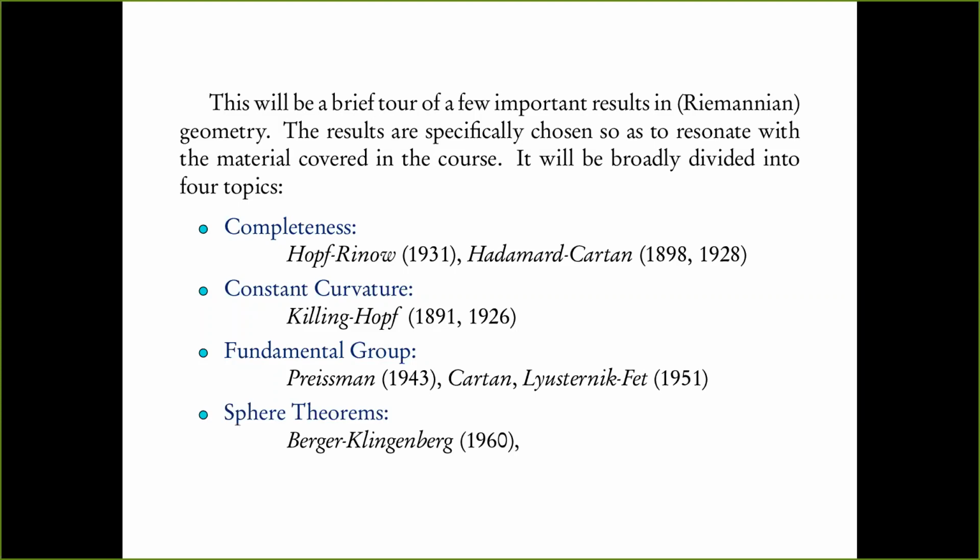And the last topic that I want to talk about is the topic of sphere theorems. And I'll not say much about this. We'll see what it is when we get there. So the first theorem is by Berger and Klingenberg, built upon other people's work. This is in 1960. And then this was extended to the smooth setting by Simon Brendel and Rick Shane in 2007, okay, which is quite recent in mathematical terms. So you have the whole spectrum starting with 1891 and ending in 2007.